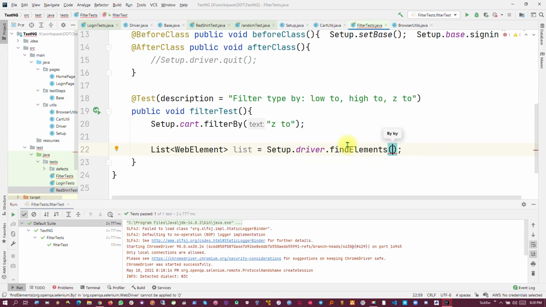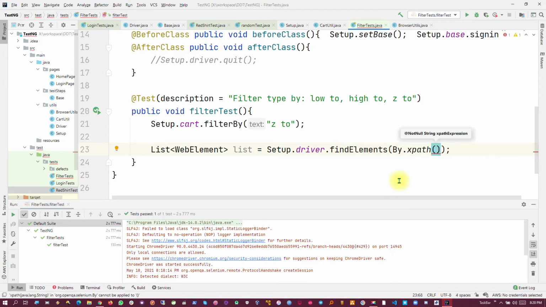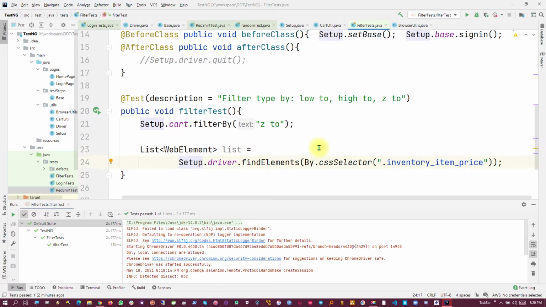So what's the difference between find element and find elements? This is for one unique element. And if you put S at the end, you are getting multiple, more than one web element. And let's say by.xpath. And then let's plug this in right here. But we're not even doing XPath, so this is going to be CSS selector. And let me push this down so we can see it. Hopefully you guys like this big old screen. Now,